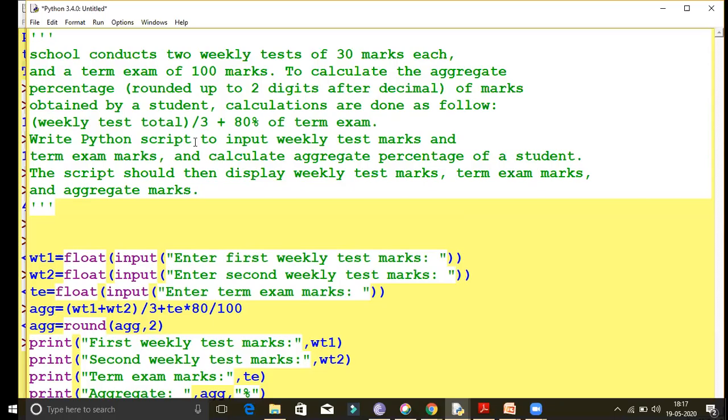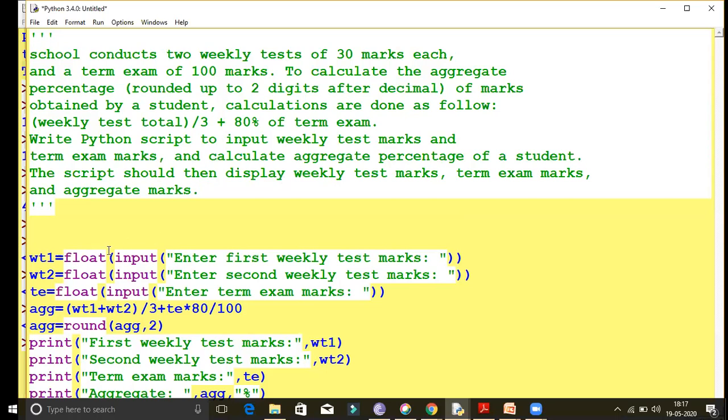Write a Python script to input the weekly test marks and term exam marks, and then calculate the aggregate percentage of the student. The script should then display the weekly test marks, term exam marks, and the aggregate marks. So you have to get these values, and after this you have to calculate.